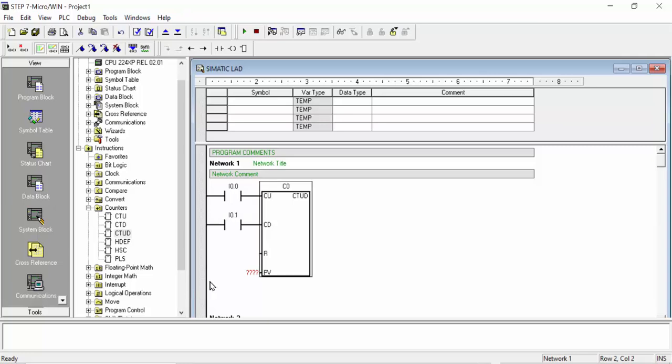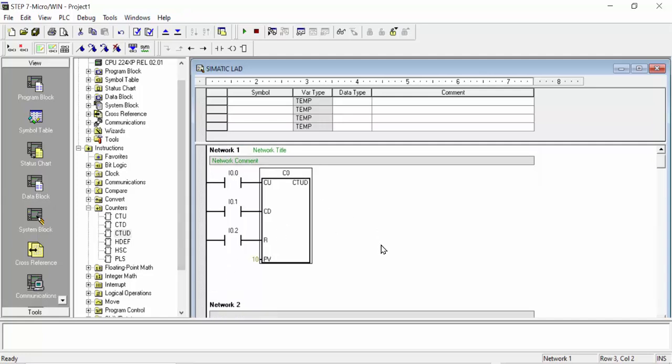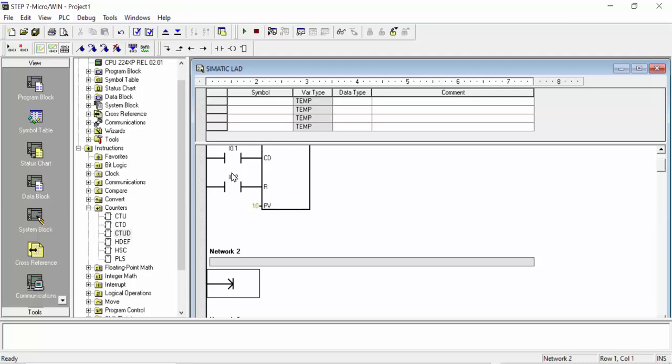I0.1 I will choose for counter down, and I0.2 I will choose for reset to the counter, and as an example I will give the value 10 at this counter, and here I will take the open contact of C0,